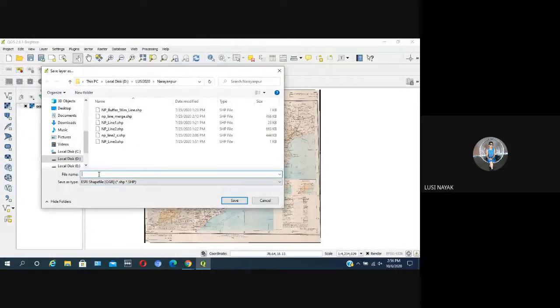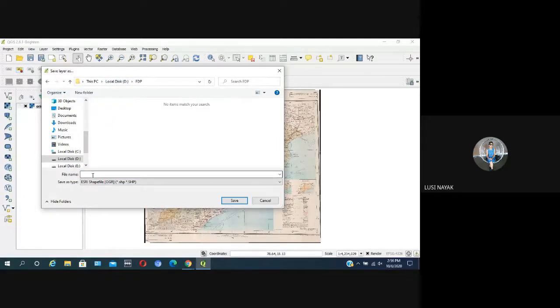Save your point layer in your folder. Layer name: Odisha underscore towns.